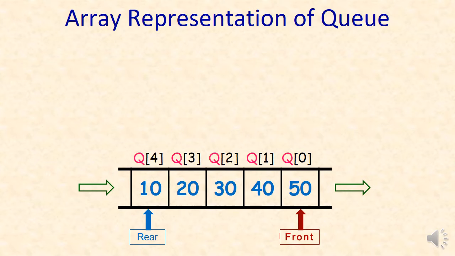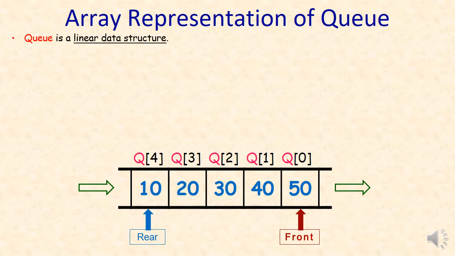See, this is a simple array representation. In this array queue, the size of the array is 5, the array name is queue, and in this array I have inserted 5 elements. The first element I have inserted is 50, and the next element I have inserted is 40, and so on up to 10 in this order. Front is pointing to the front element, and rear is pointing to the last element, right? This is how a queue can be implemented using an array.